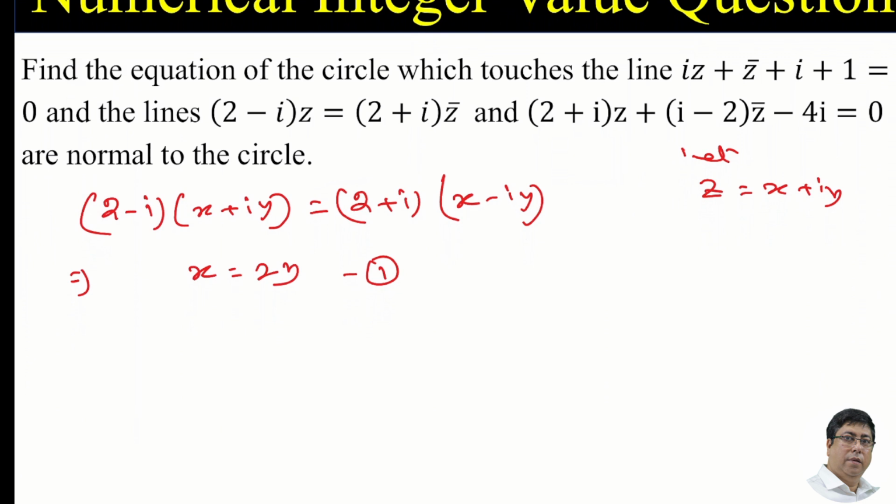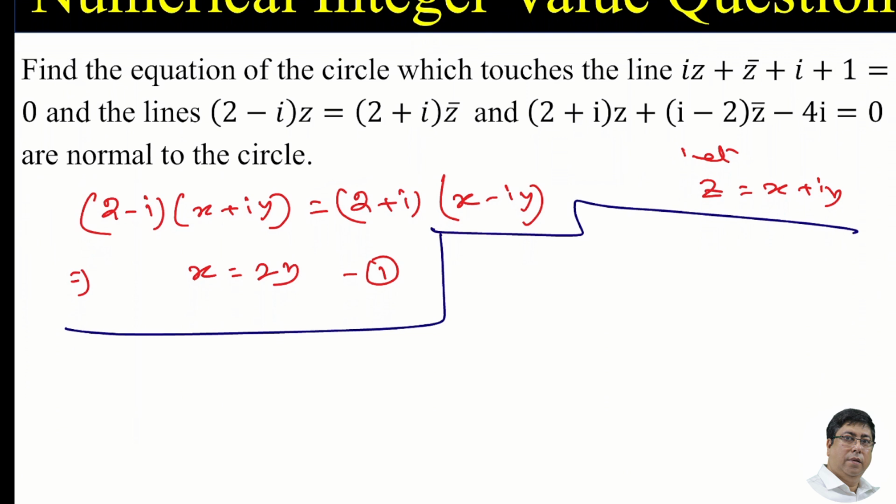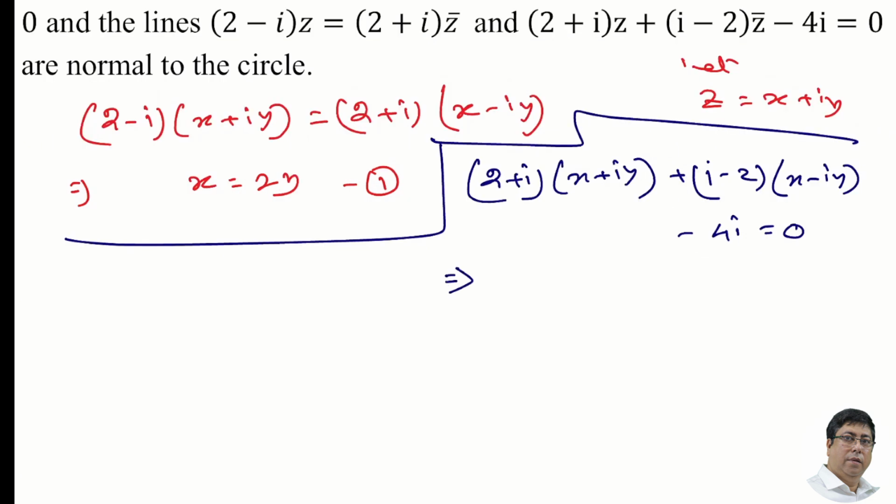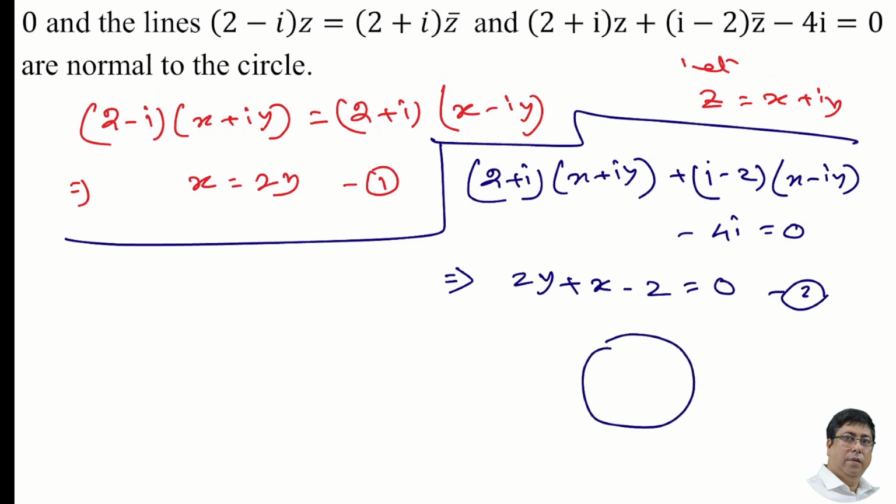Let us convert it to the Cartesian form. Here, if we apply the Cartesian form, (2 plus i) into (x plus iy) plus (i minus 2) into (x minus iy) minus 4i equal to 0. By multiplying this, all real terms are getting cancelled and the remaining terms are just imaginary, and if we take the common factor, we are getting 2y plus x minus 2 equal to 0. So let us consider this as number 2, and as we know that these two are the normals,